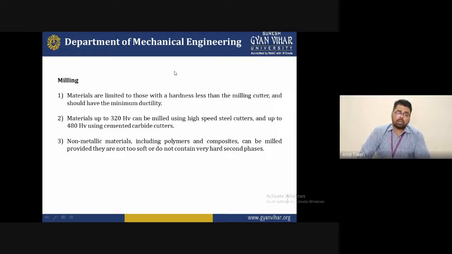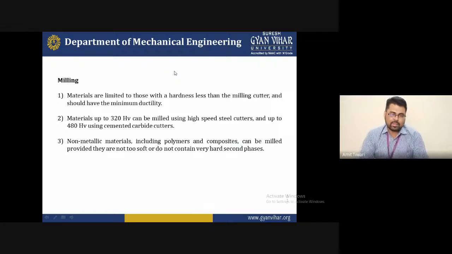You must be reminded the metal hardness should be up to 320 HV for the milling purpose and for high speed cutters. So keep in mind during the machining routine the hardness of the milling cutting tool is required to be 320 on the Vickers hardness test.